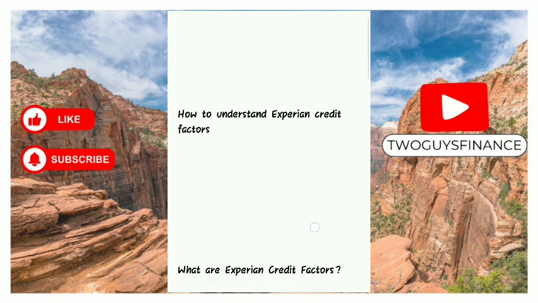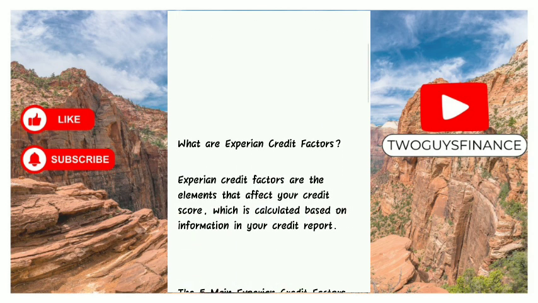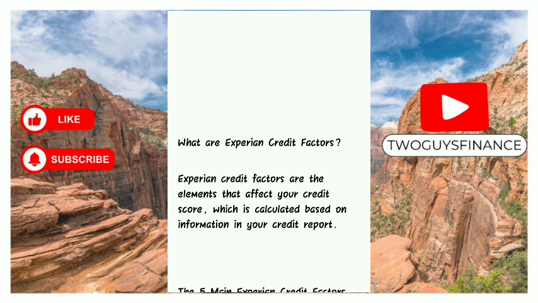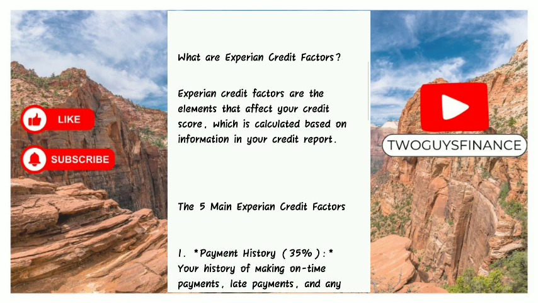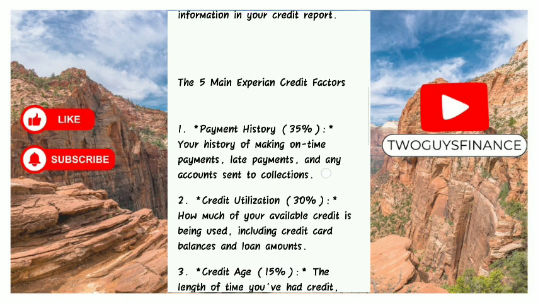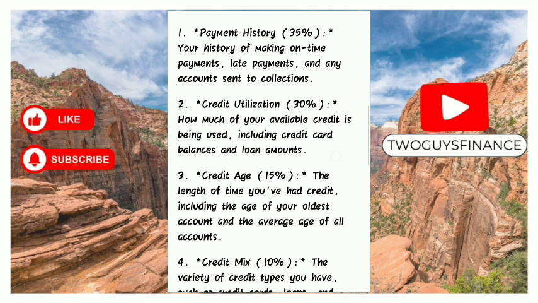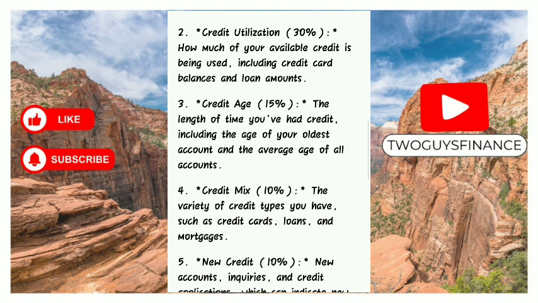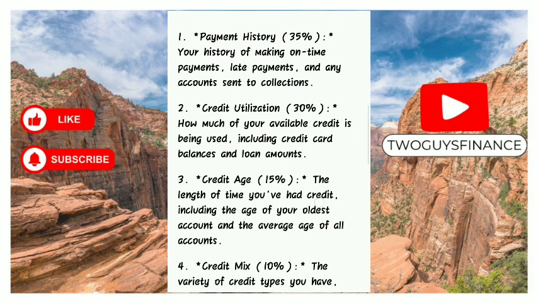Today I'm going to show you how to understand Experian credit factors. Now what are Experian credit factors? Basically, these are the elements that affect your credit scores, which are calculated based on information in your credit reports. The five main Experian credit factors include payment history, credit utilization, credit age, credit mix, as well as new credit. As you can see, these have different percentages beside them, because that's how much they affect